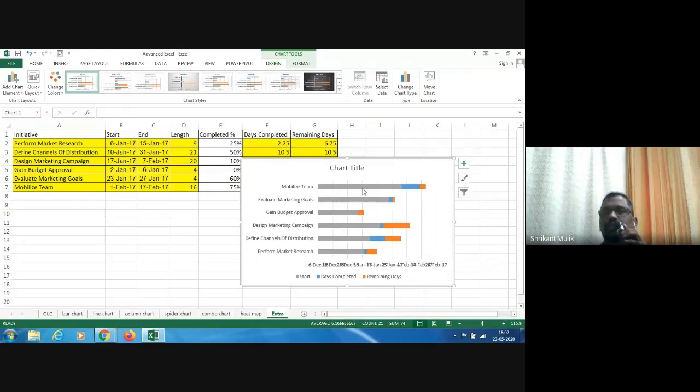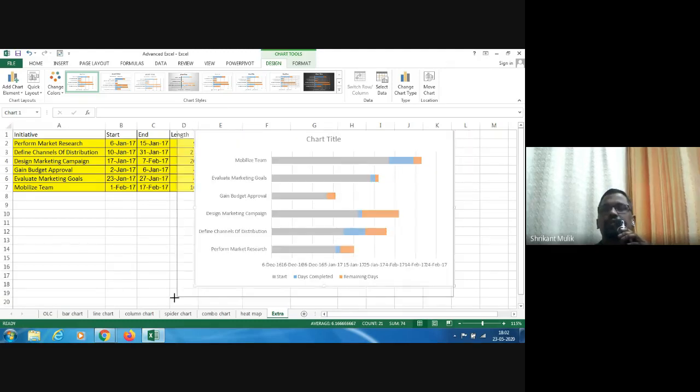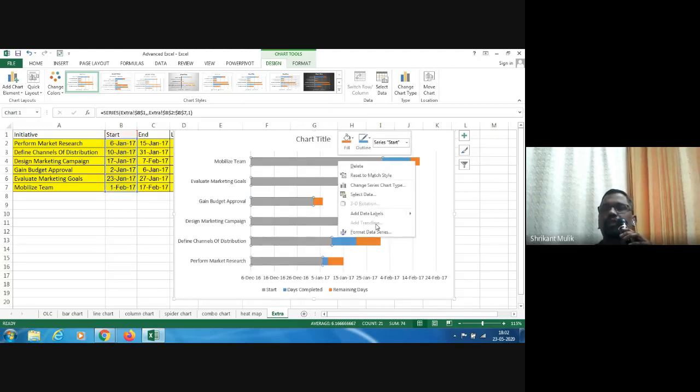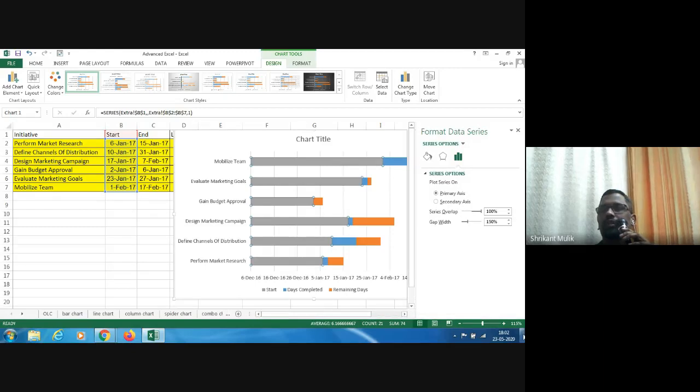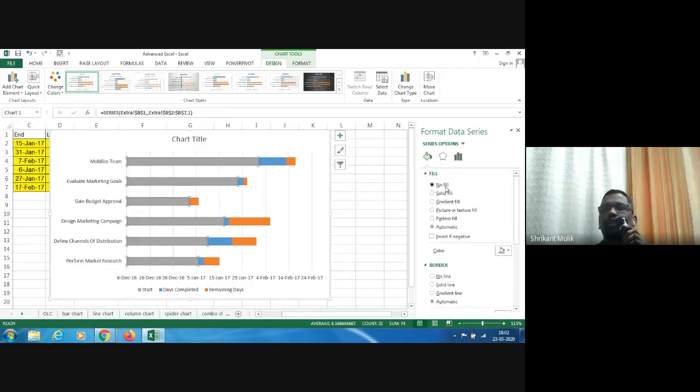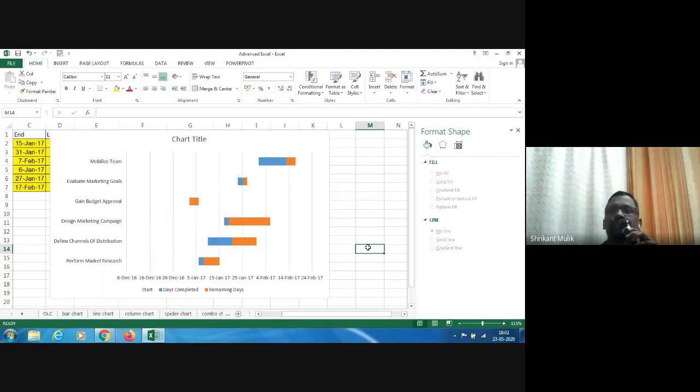And here I got, now it looks more like a Gantt chart with a start date, and I've got a timeline here on the x-axis. Okay. So let me just make it bigger. Okay. Now I do one more trick. I select this, say Format Data Series. Okay. I go in Fill and I select No Fill. And suddenly, if you are used to Gantt charts, you see this looks like a Gantt chart.